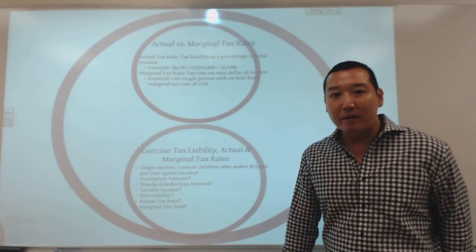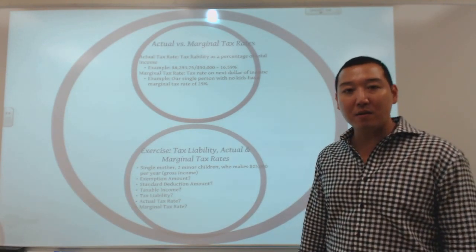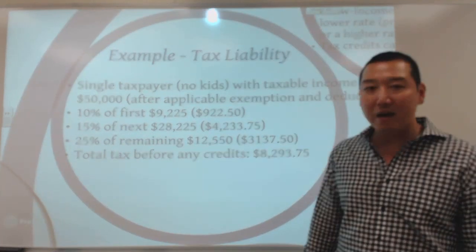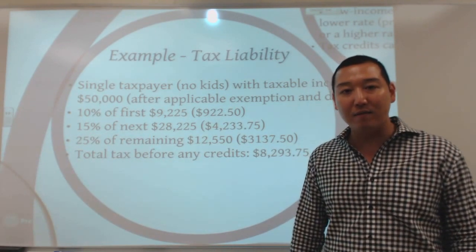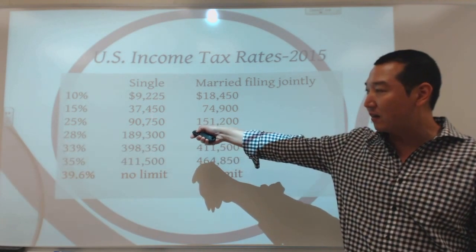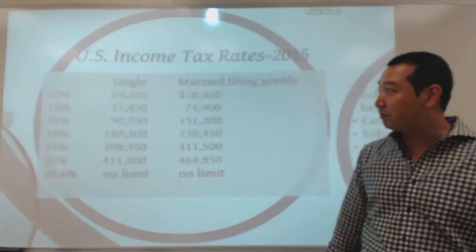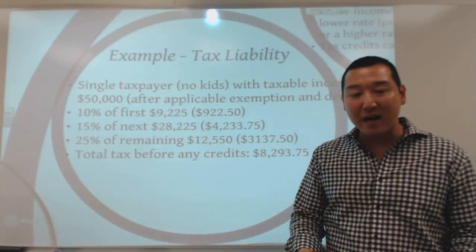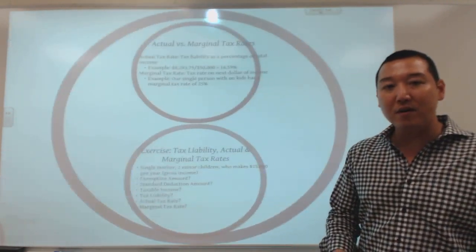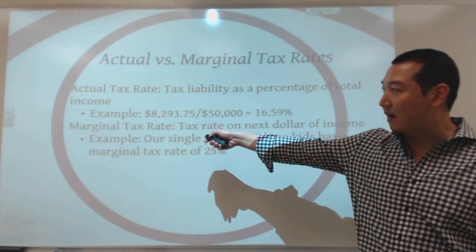And so I just want to make one last point here about tax liability, and that's that we distinguish sometimes between actual tax rates and marginal tax rates. We just noted that that person, that $50,000 earner in the way of taxable income, was in the 25% tax bracket. We noted that this person's taxable income falls within this section here. And so while the marginal tax rate for this person is in fact 25%, if you were to figure this person's actual tax rate, the actual taxes paid by this person was in fact the amount here,